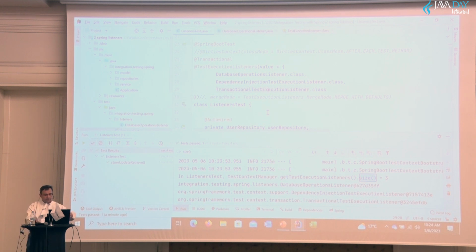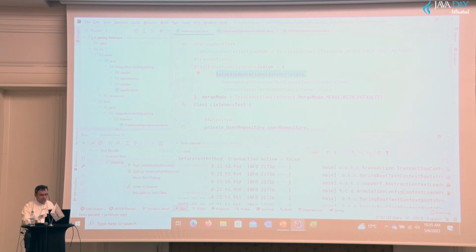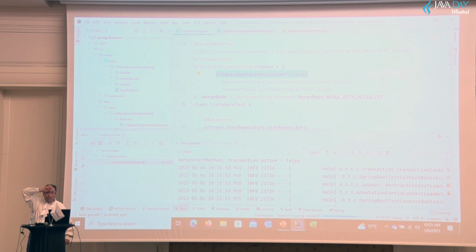But do I have to come and re-register manually all the previously existing listeners? I have a better alternative, and I'm going to go back here. I can add this parameter, merge mode, merge with defaults. There are already some default execution listeners that are registered there, and when I come with my own listener, I don't want the other listeners to be unregistered, but I just want to merge with them. So let me rerun the